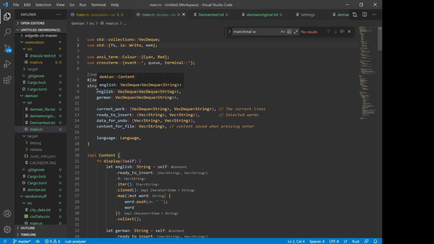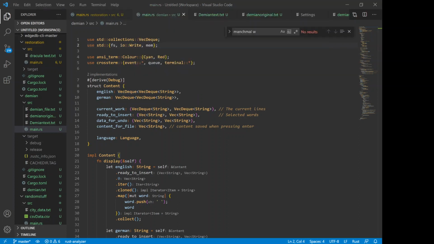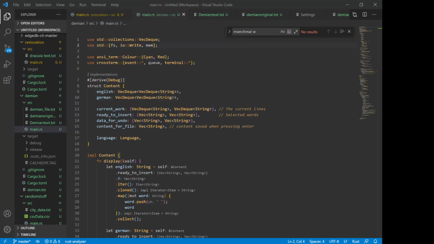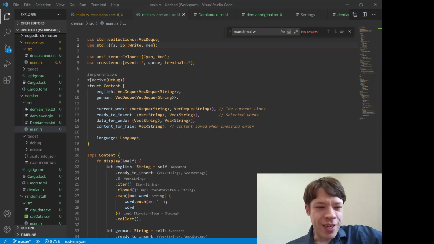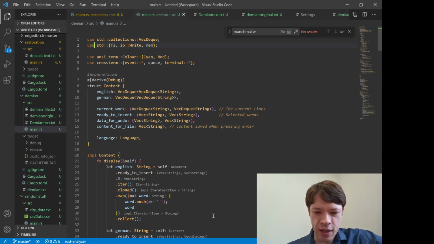So what we have here is I'm using VecDeque, because a VecDeque is like a Vec, but it's optimized for popping off the back and the front.